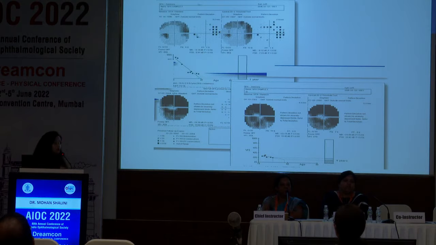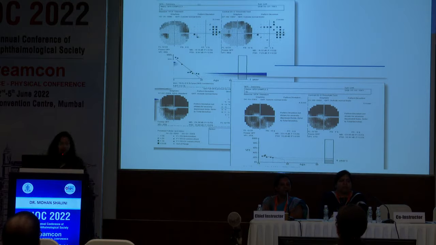So here, what should we do? We need to re-establish the baseline. Once you have modified your treatment here, then you change your baseline visual field. Now these two visual fields are the baseline after you have modified your treatment. So you have modified the treatment, and now look, the patient looks stable. And if you trace this graph, there is no likelihood of the patient going blind. So sometimes you need to re-establish the baseline, and you need to change the baseline to get the exact value